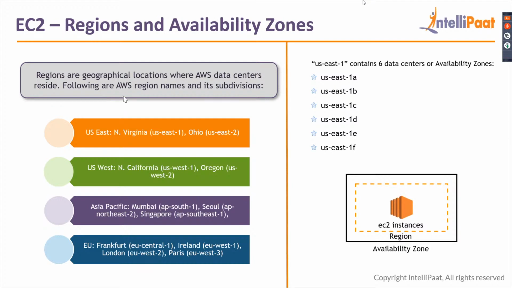wherever it is. Or, for example, if you are hosting your application in India, you can just go for the region which is Mumbai. You don't need to host your application in any other data center across the globe. Or if you want to take your application global, that is your wish. The only thing you'll have to look into is whether the AWS service you'll be using is available in that particular data center, and you can check that in the official documentation by looking at which services are available in that data center.